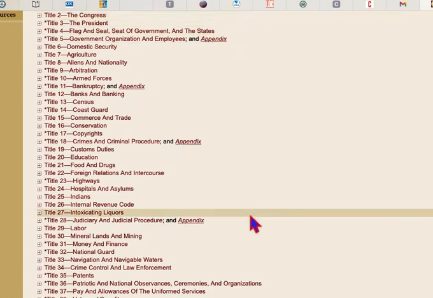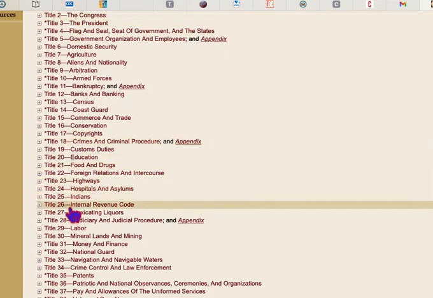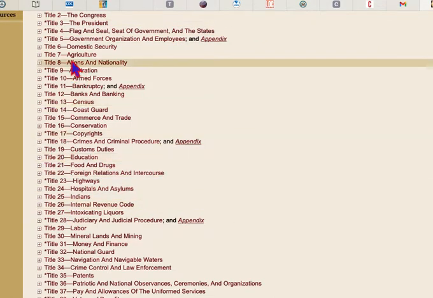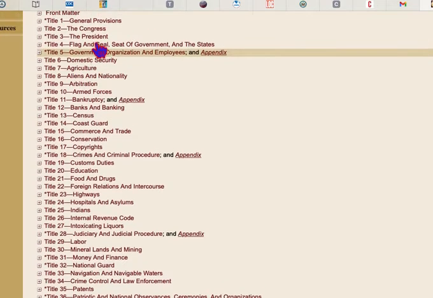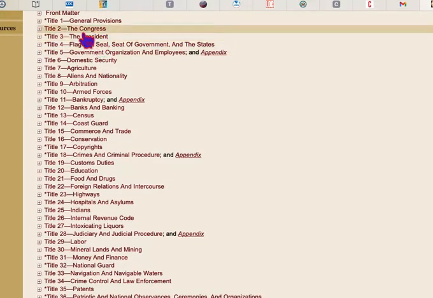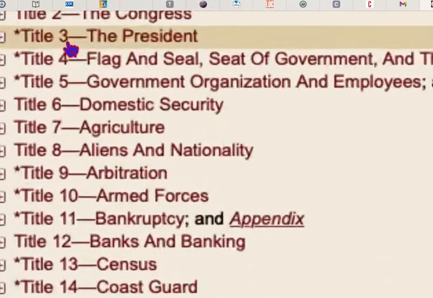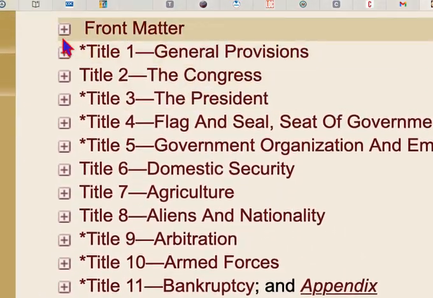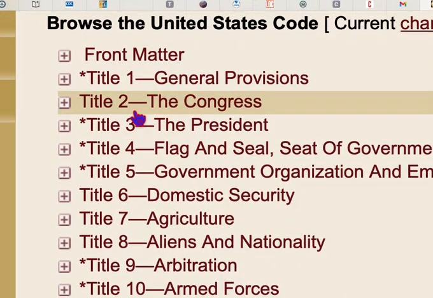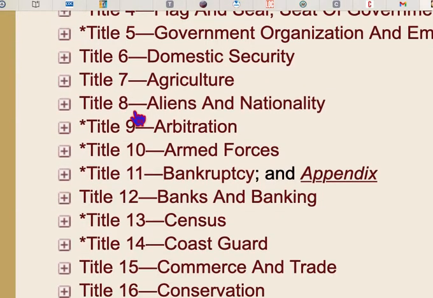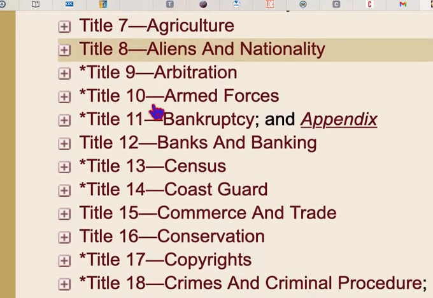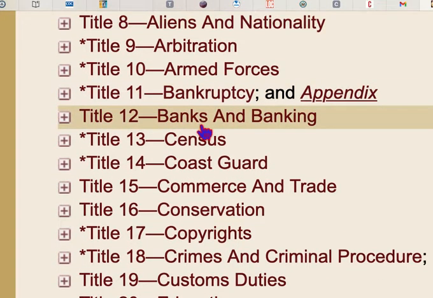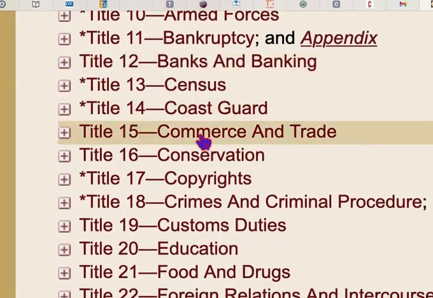Okay, so there you have it. There is no law. There's no law for a bunch of these. Title II, that's why you never see them go to jail, the people in Congress, because Title II has not been passed into law. It has no positive law citation. How are they going to break a law if there isn't one? And so on and so forth through these various titles without an asterisk that hasn't been passed into law.